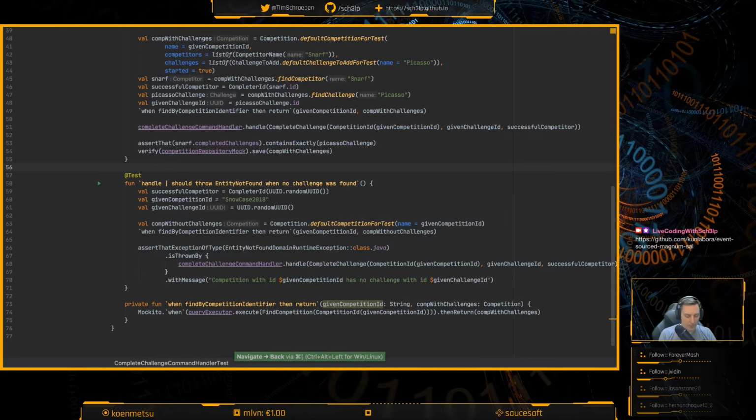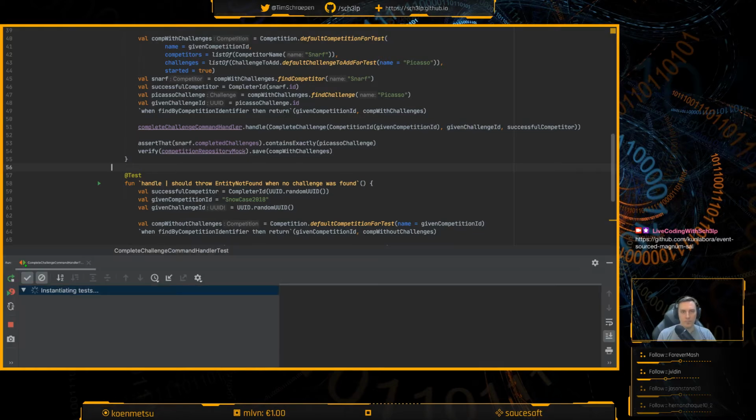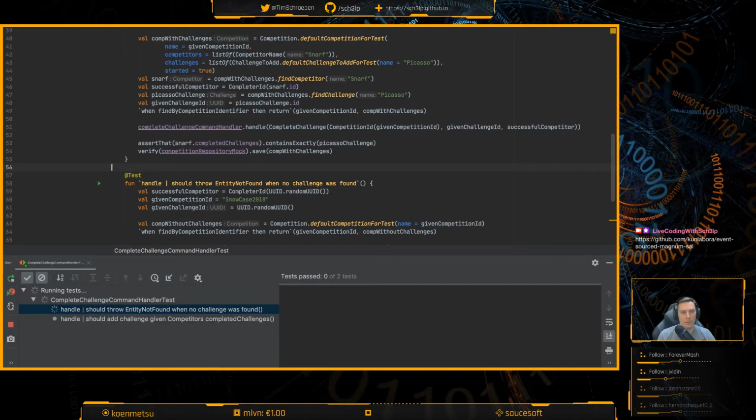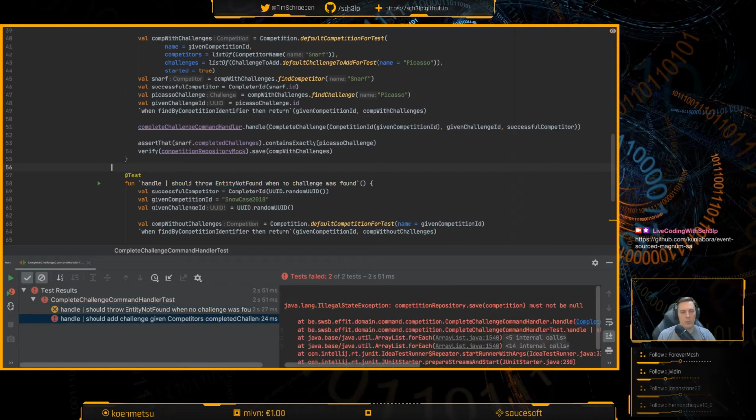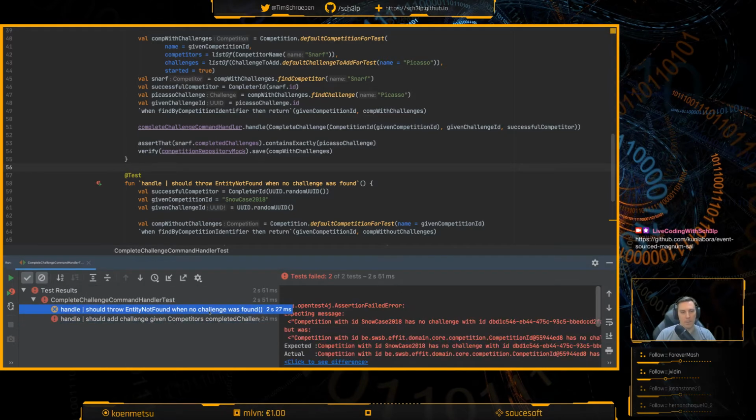So if I run it, both tests should actually be green. I hope, huh? Oof. Must not be null.